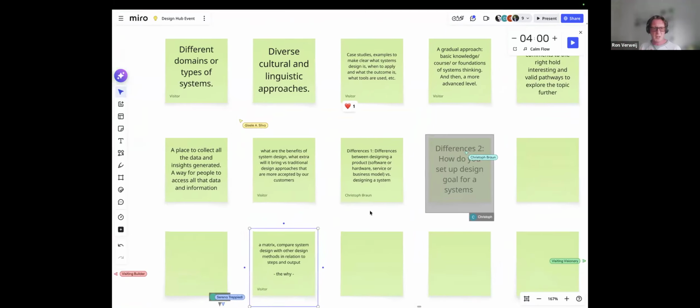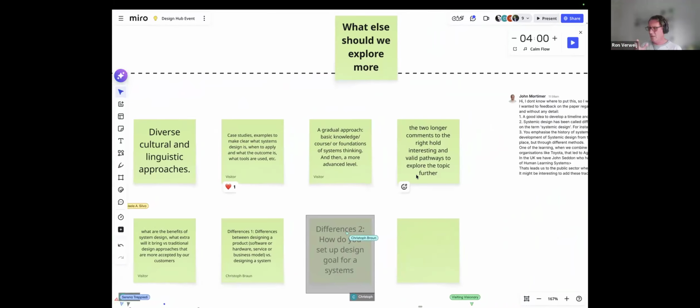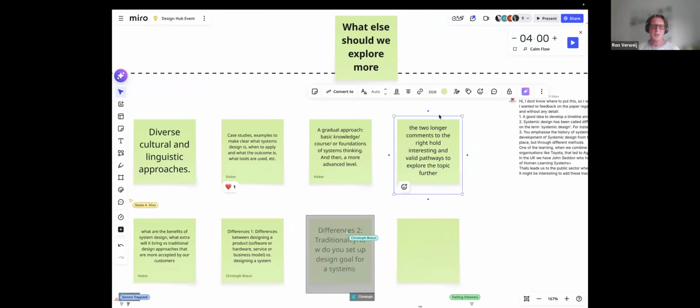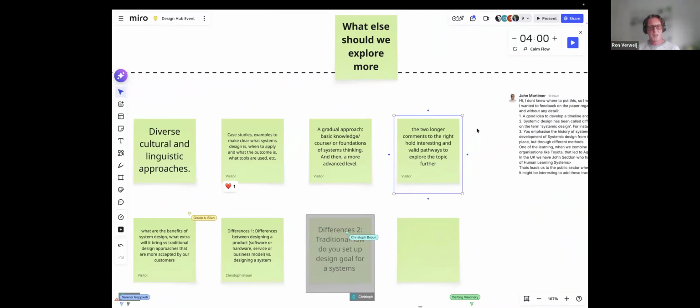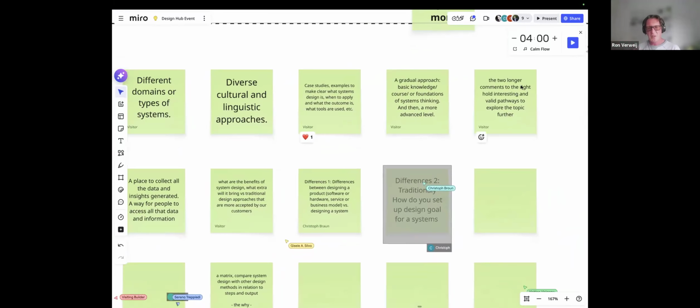And maybe I also added here a matrix. So just compare the different design methodologies and make clear what the difference is between them, but also why you should apply systems design and what more you can expect from it.